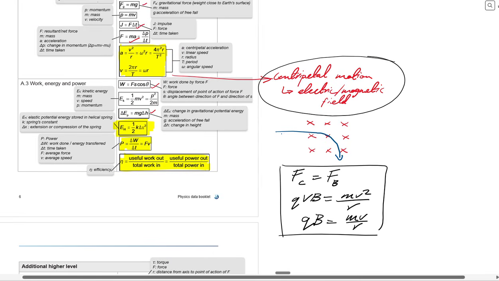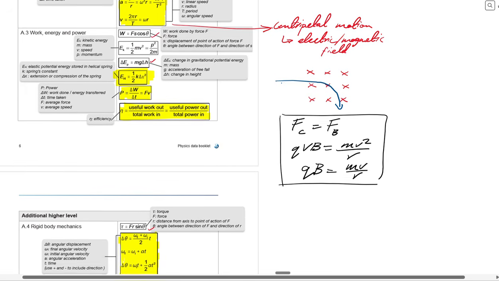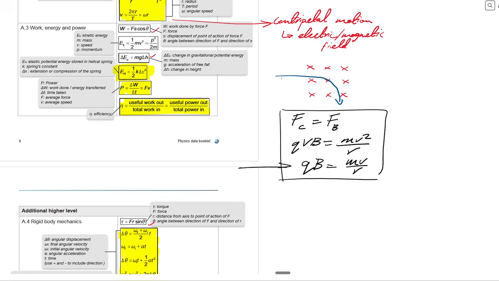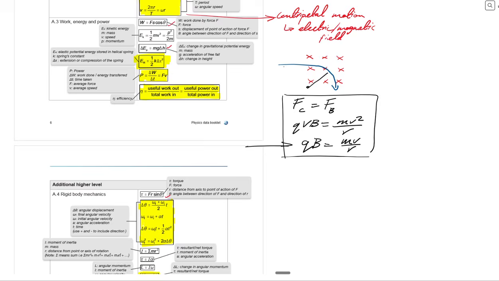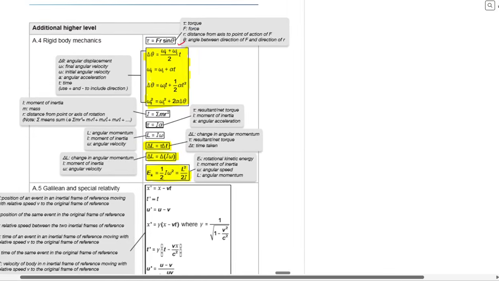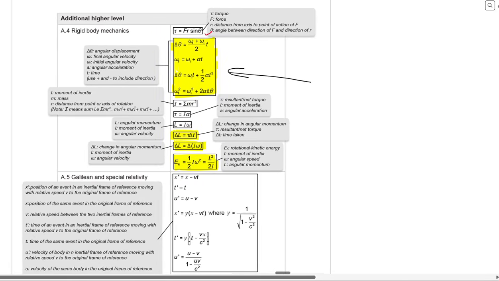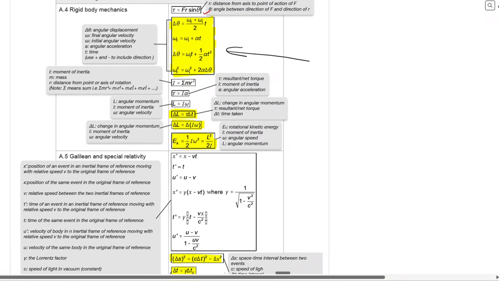When we're talking about centripetal motion, we could definitely have something about centripetal motion in an electric or magnetic field. And here is the formula we want to work with, right? This can help us find our velocity or our charge or even our magnetic field strength, right? Or our radius of orbit, right? Or path. And we didn't have much angular motion,